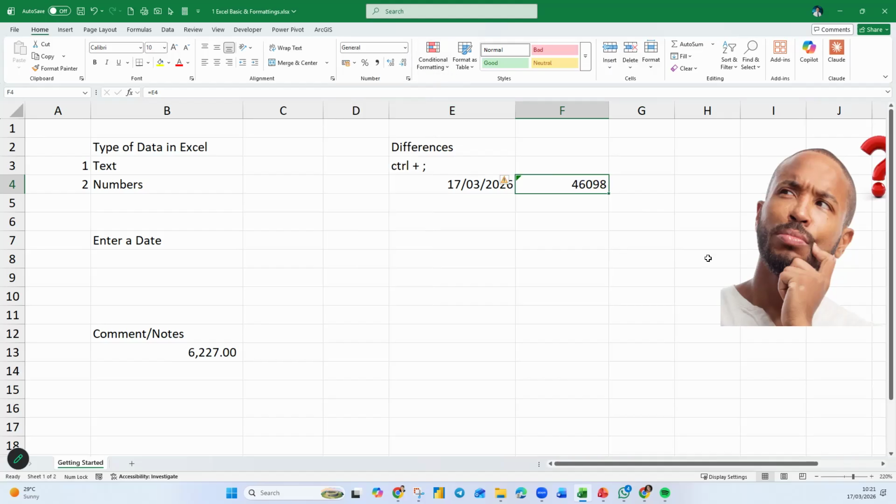This kind of situation happens before. And when someone opens up the file, how come the date is not a date? It's actually a 5-digit number. The 5-digit number is correct, it's just that the formatting is not correct. Okay, so let me tell you the usefulness of this number here.